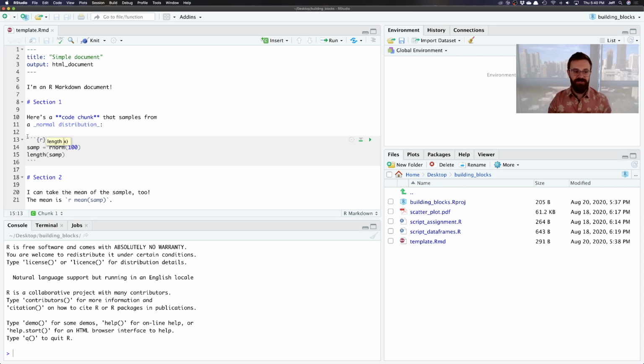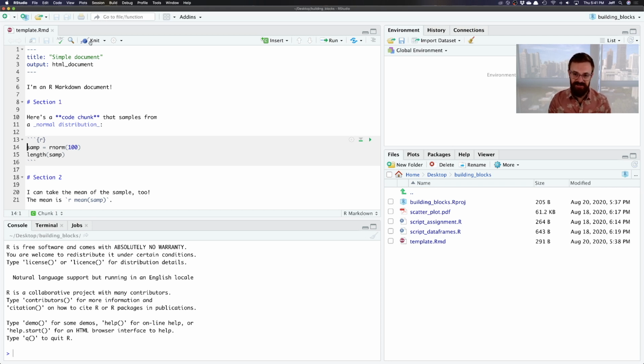Now this R code is set off on either side with 3 backticks and an open bracket and an R, and that says in essence that what happens between these 3 backticks and these 3 backticks should be interpreted as R code and treated as such. Now I'll talk through some of the things that go along with YAML headers, with text and text formatting, and with writing R code and in chunks. But before doing that, I want to